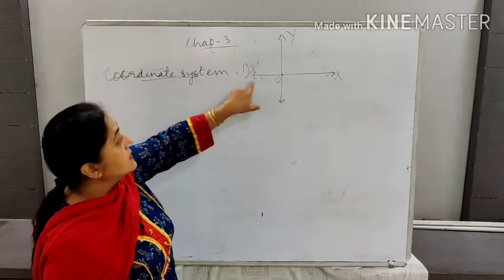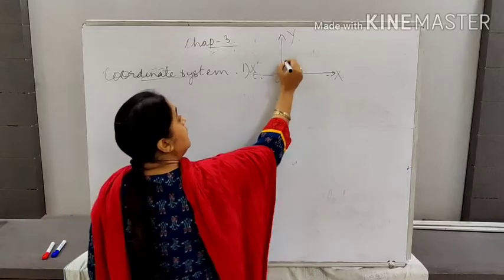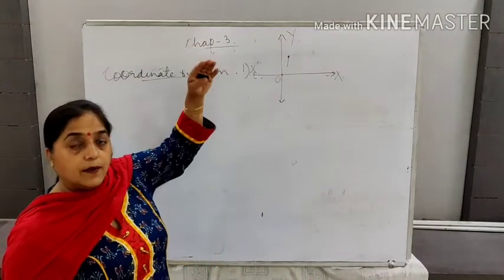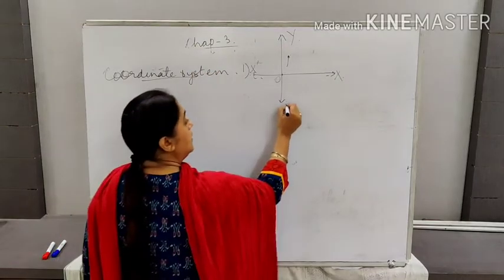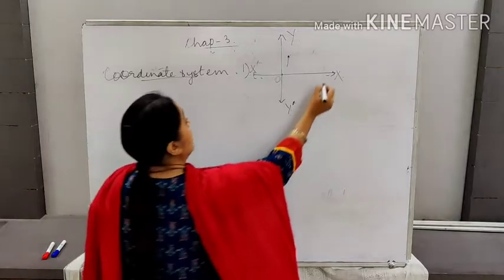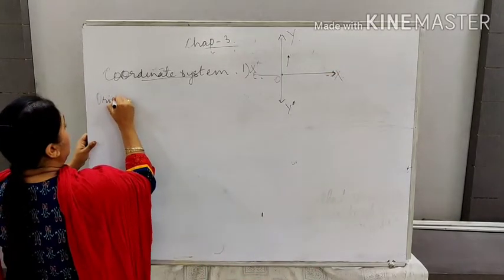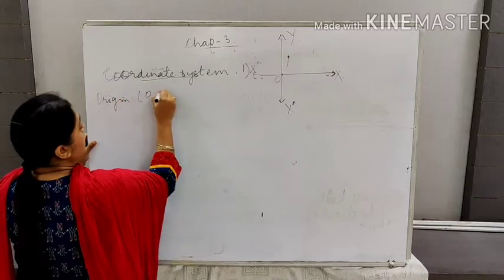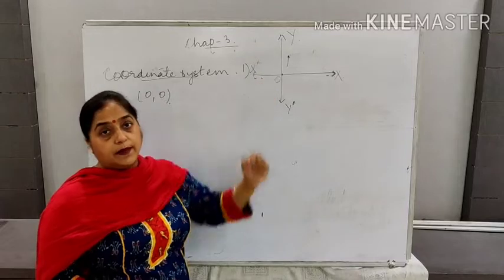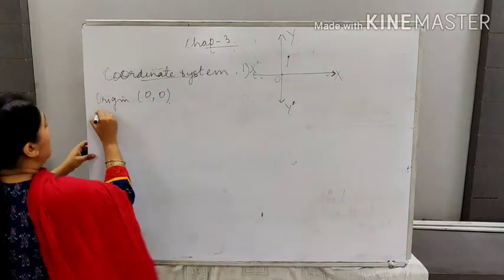That is why this side is denoted by x dash. Similarly, when we are talking about the positive y points that are on the upper half and on the lower half, this is y dash. Got it? One thing. The coordinates of origin. Coordinates of origin is 0, 0. Right? Then we discussed that these two mutually perpendicular axes divide this plane in how many quadrants?